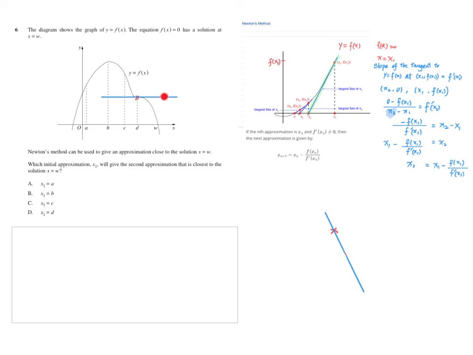which makes you nowhere. And therefore, what we can have now is the point C, which is next closest to W, and then from C we can draw a tangent to this curve and find the x intercept of our next approximation, which is closer to W. Therefore, C is the best point among these four to give you a good approximation